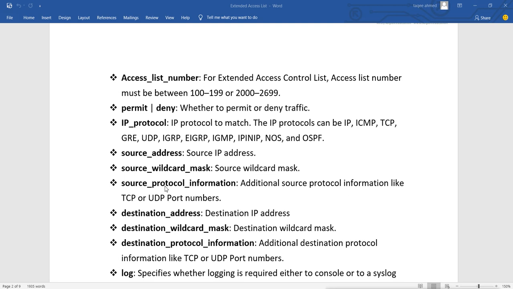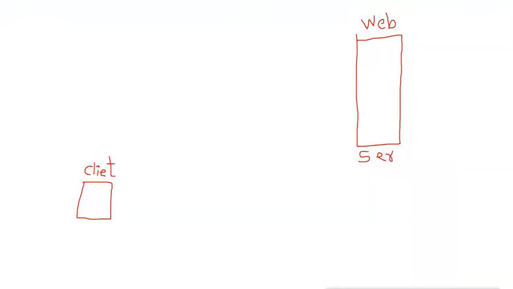So when you create the access list and you want to define the source port, it is difficult to choose because it is selected randomly. For example, suppose this is the client and this is the web server, and the website is running on port number 80. Whatever communication happens between the client and the web server will go with the normal port 80.